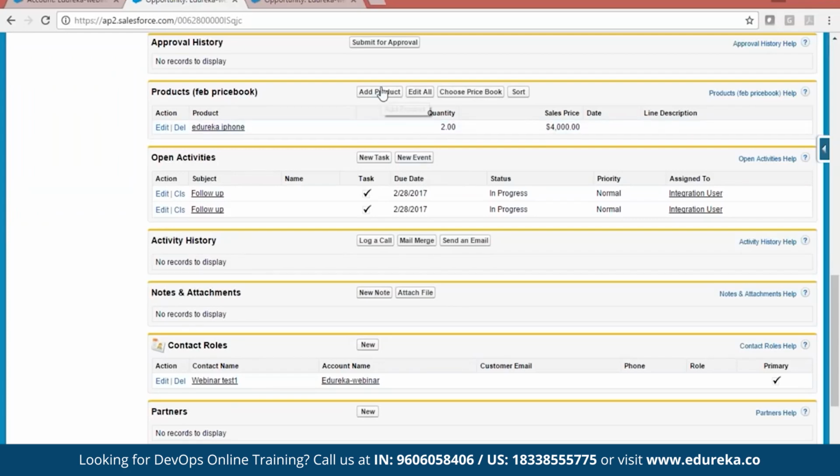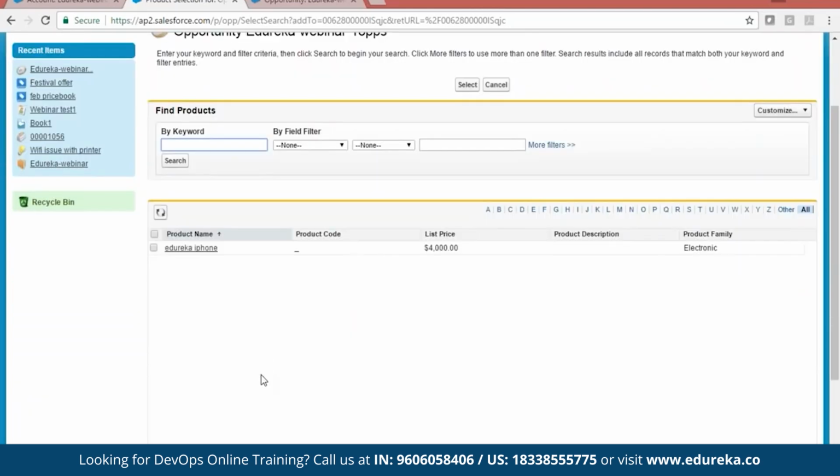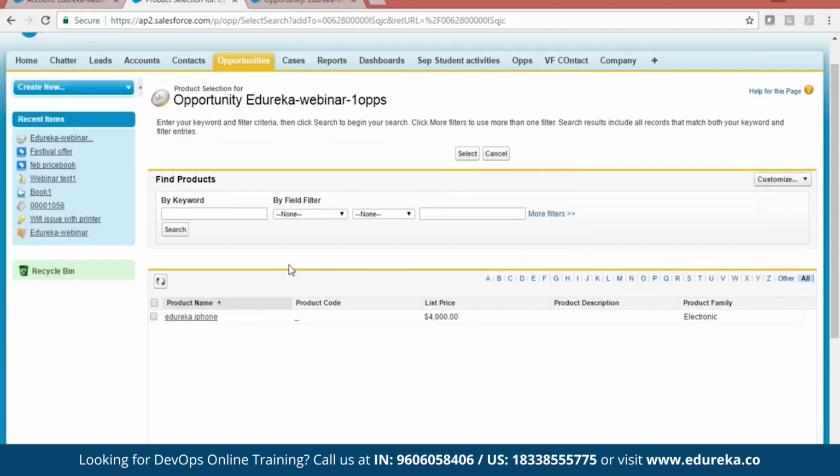Now what if I want to add another product which is not available? So I have to customize it right away. I can't say that I cannot do inline products or something. So whenever you want to add some product, it should be available in your price book, otherwise you can't add it. Means you can't create it on the run.